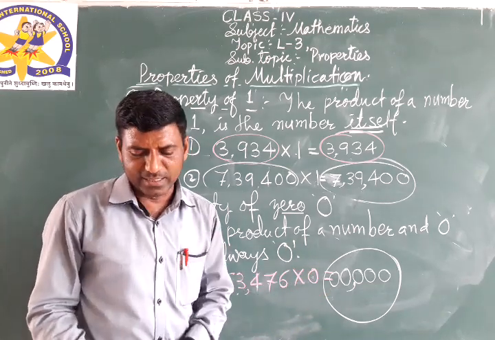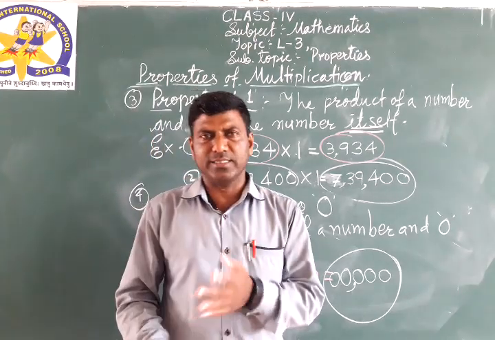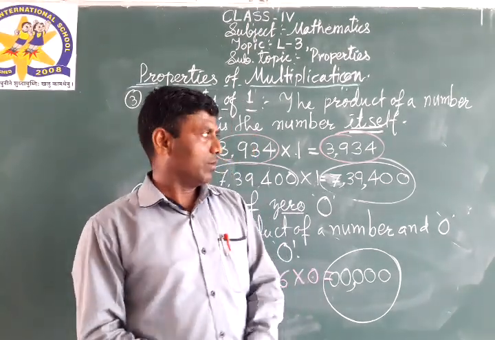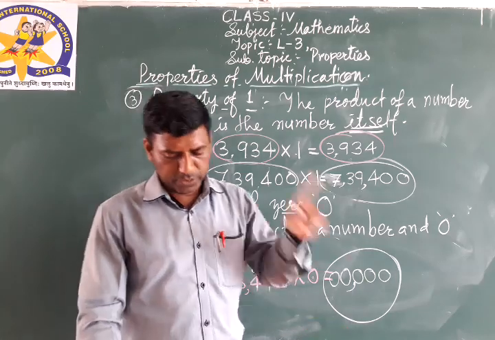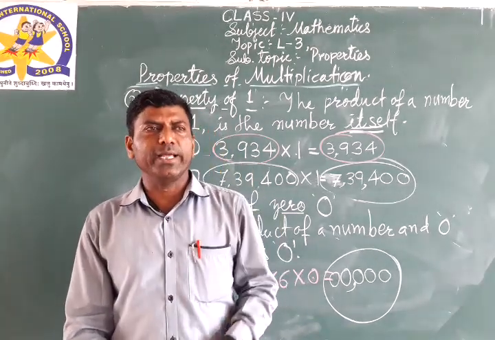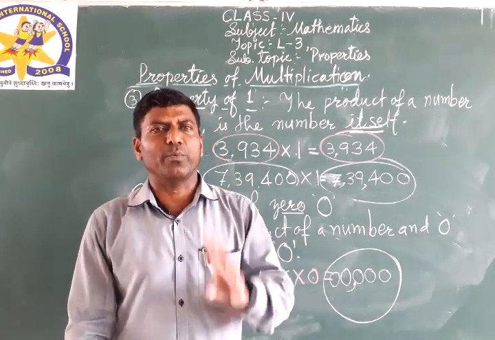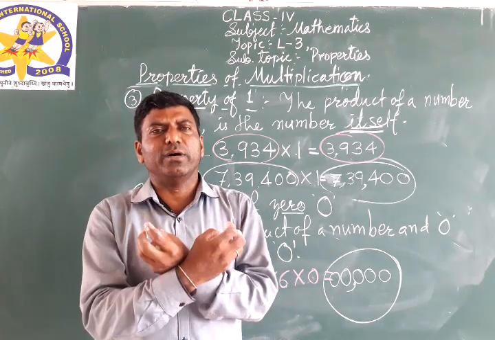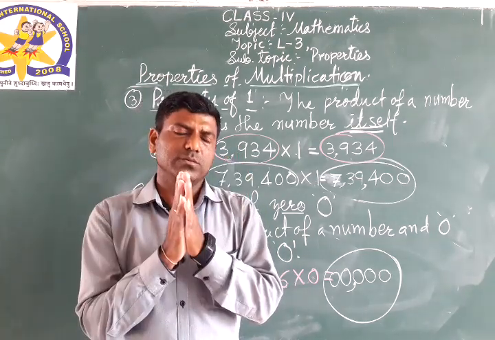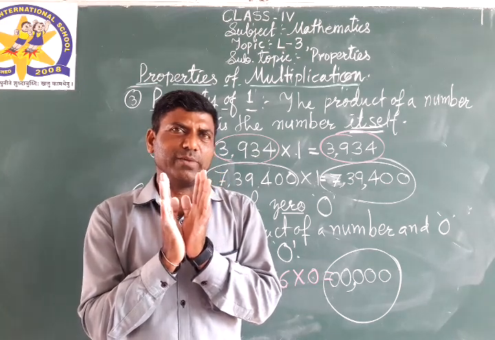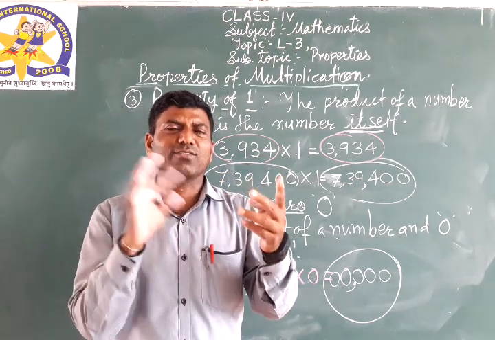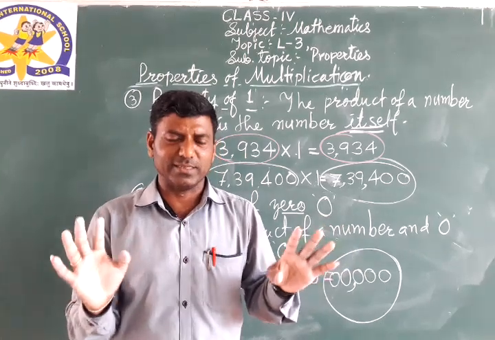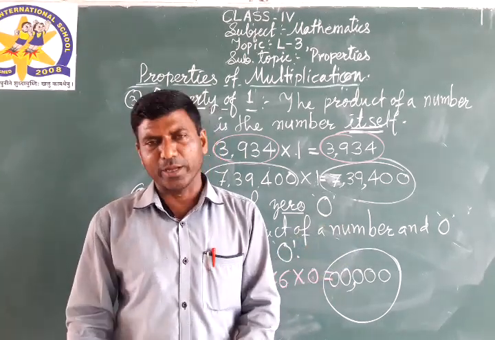Understand? These are the multiplication properties. Got it? I hope you learn these properties. First property, order property, or we call it the commutative property. Right? Means if we change the order of a number, then also the answer or product remains same. 2 3s or 3 2s, same answer. Okay. Second property, grouping property.